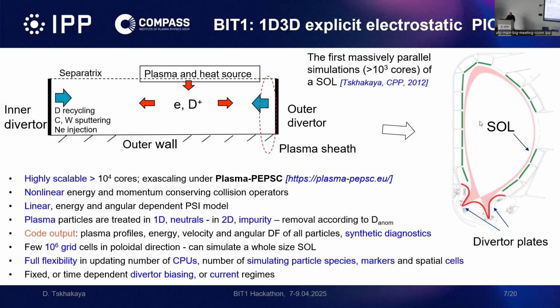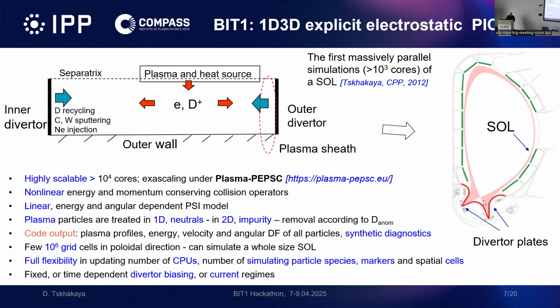Now, coming back to the BIT1 code. The BIT1 code simulates the scrape-off layer. Those who don't know this: if you take a tokamak, which is a torus, and make a cut of it, you get the so-called last closed flux surface, which is called the separatrix, which is the border of this white area. Everything outside, almost everything outside, is called the scrape-off layer,